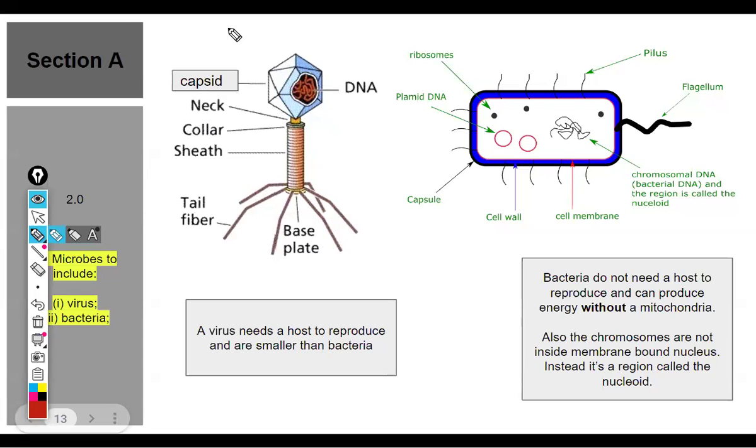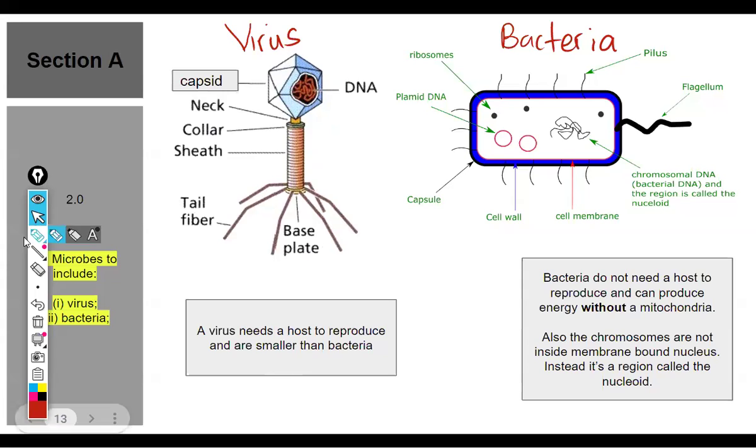So this here is a virus, a diagram of one virus, and the other one is called what? A bacteria. Now you can clearly see from the diagram, they look completely different. One of them looks like a creepy alien spider creature, and the other one looks like a rectangle with a tail, right? So let us go through. I'm not going to ask you to draw this now. This will definitely be a screenshot and draw in your notebook type of exercise.